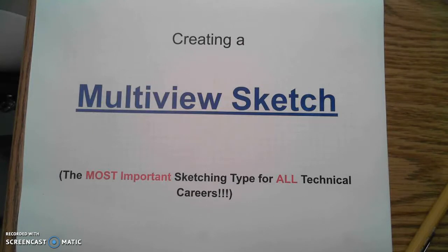We're going to take a little bit of time and look at how we can create a multi-view sketch. This is one of the most important sketching types for all technical careers. Multi-view sketches show objects, making sure that we see the true shape of every surface and the true size of every edge and every surface in the object, which makes it really good for technicians who are going to have to